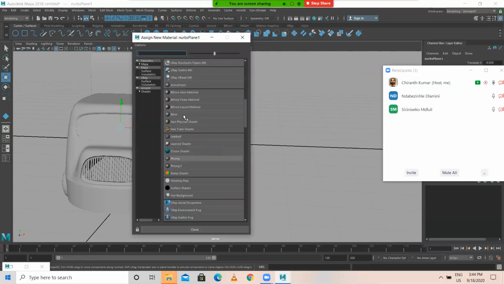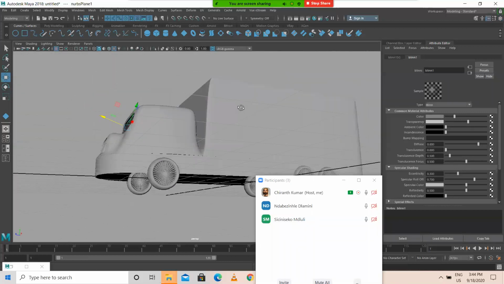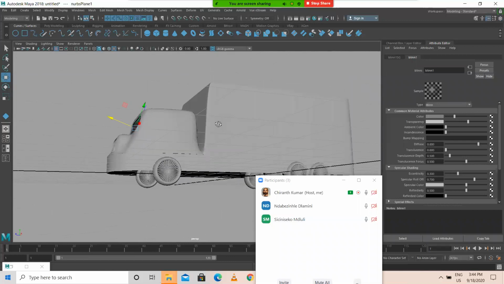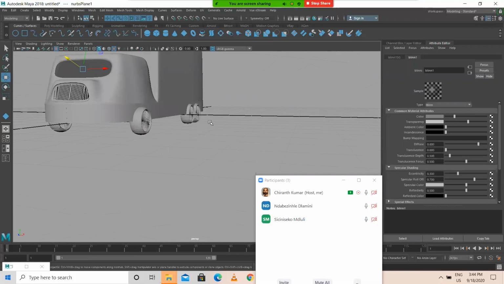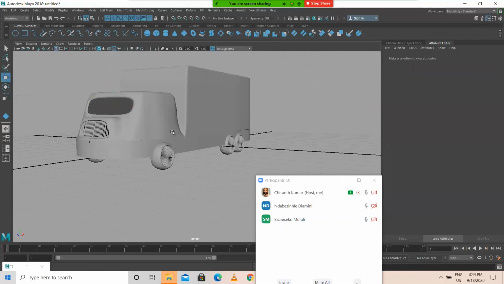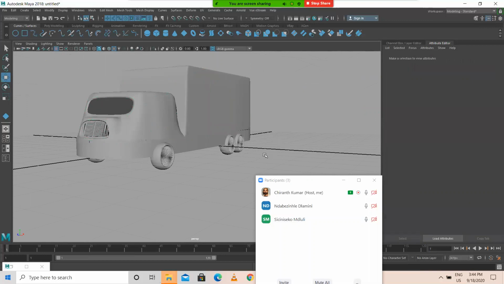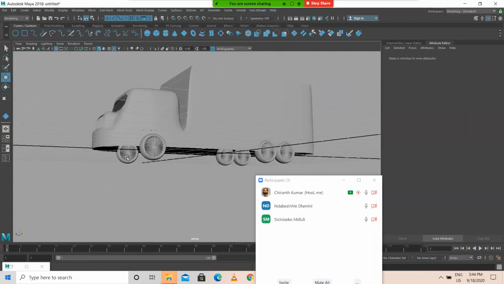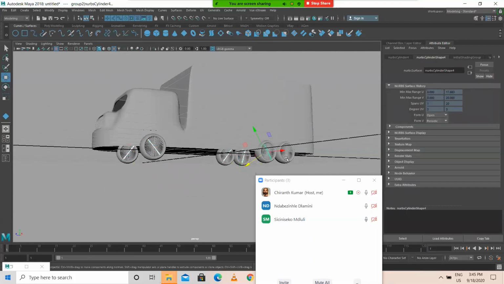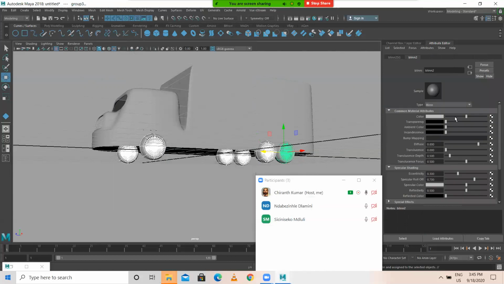You can apply a blend and give it a bit of transparency, color a bit darker, something like this you can make. We can assign some new material.